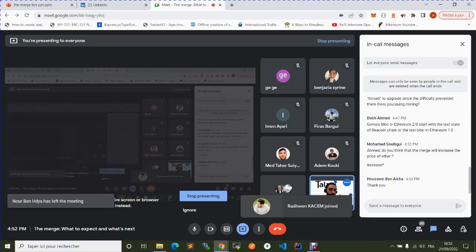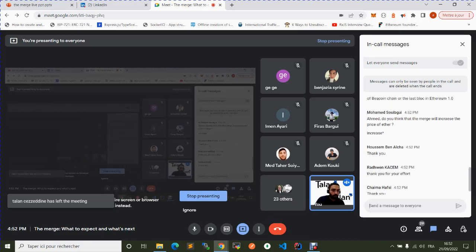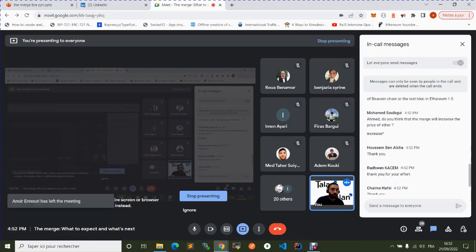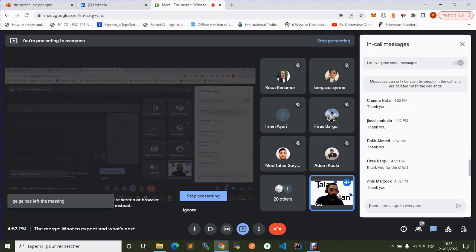Just regarding the question about the prices, if they get affected by the merge: the gas fees are currently getting less and less. It depends really on the community and how they are going to act. If people, after the activation of the withdrawal option, are going to just take their money and leave, then this will drop the price of Ethereum. It's very complicated to say how things are going to be, but we expect the best.